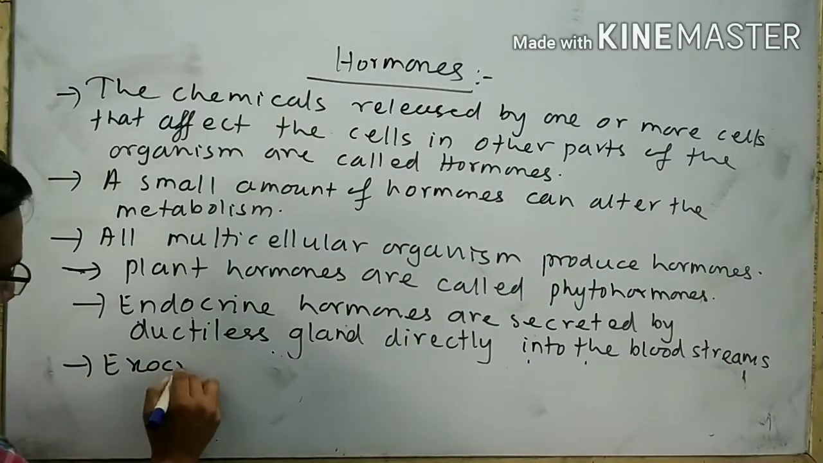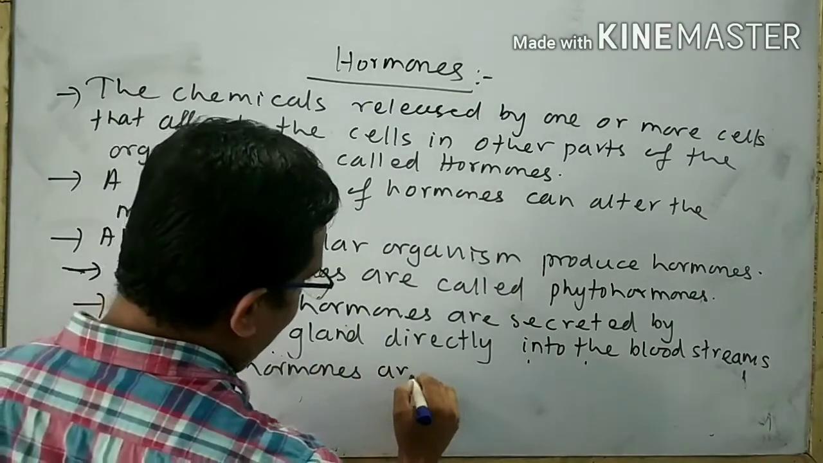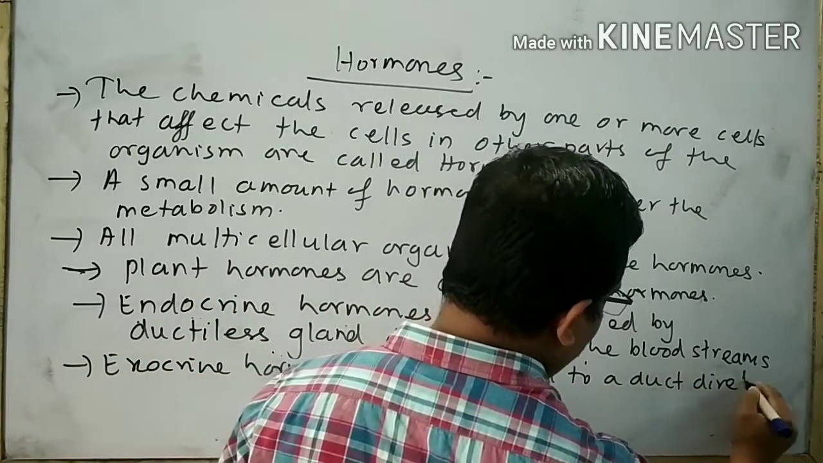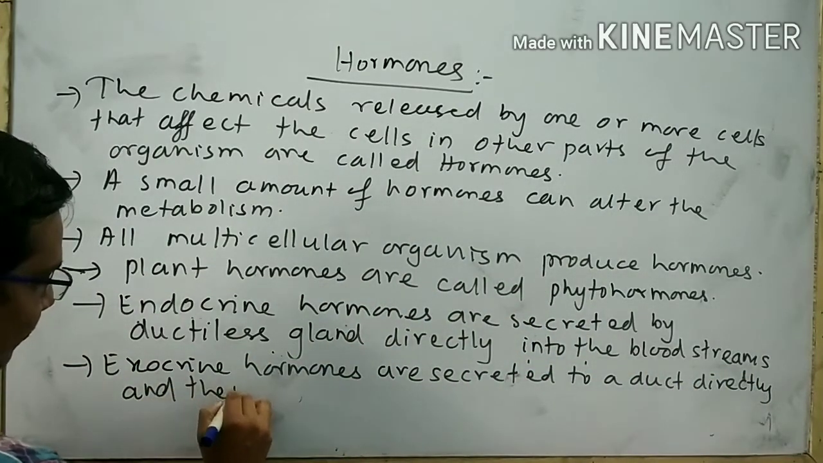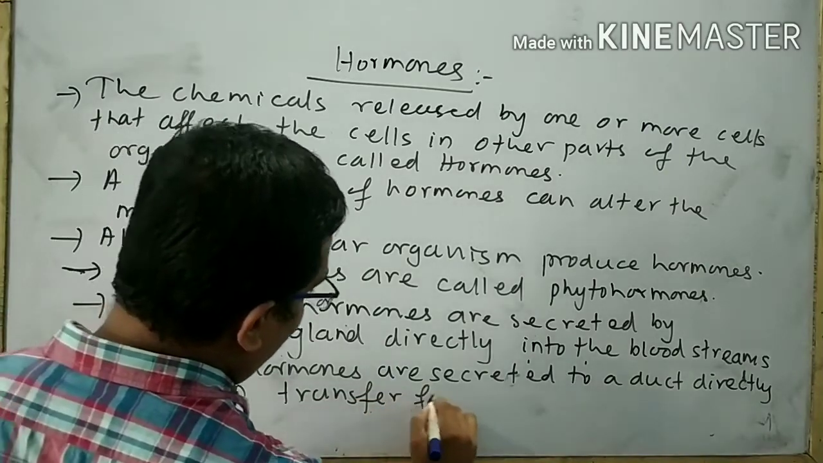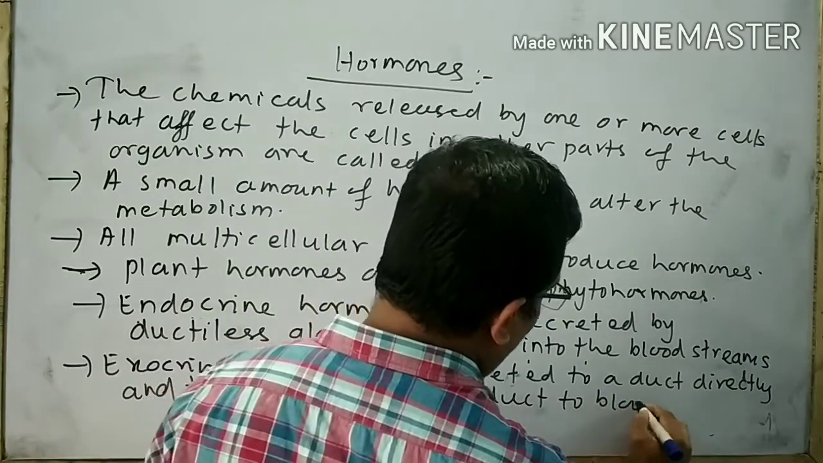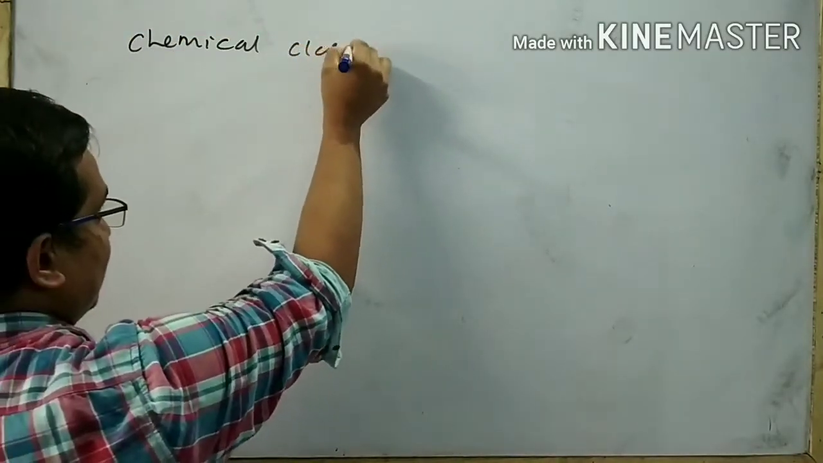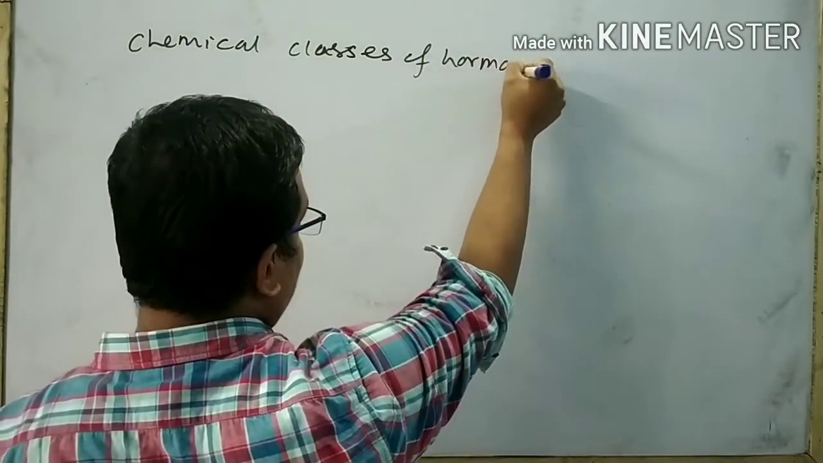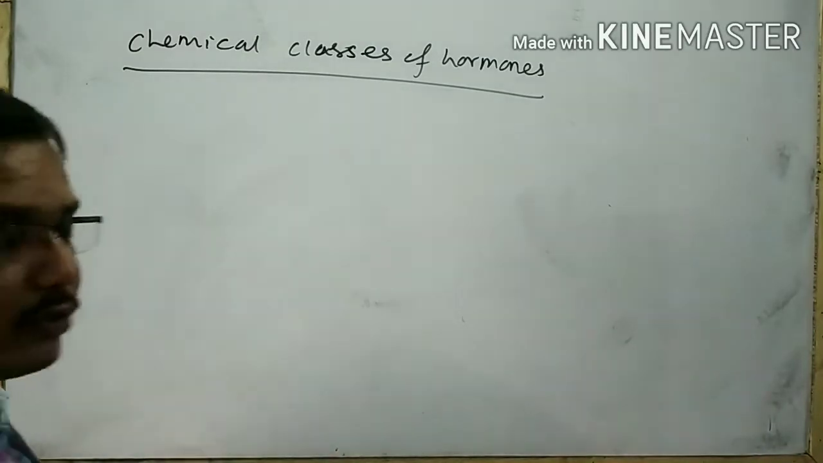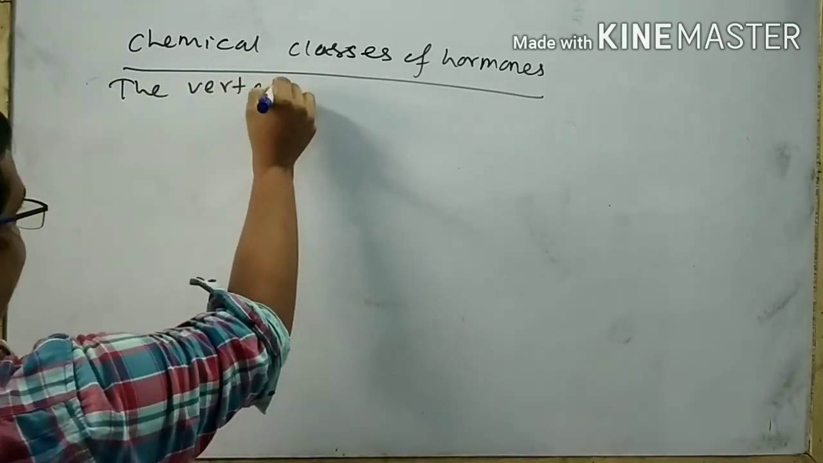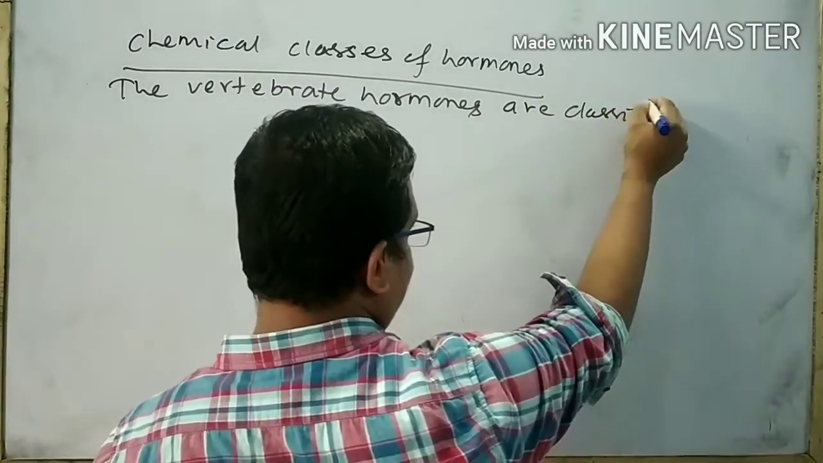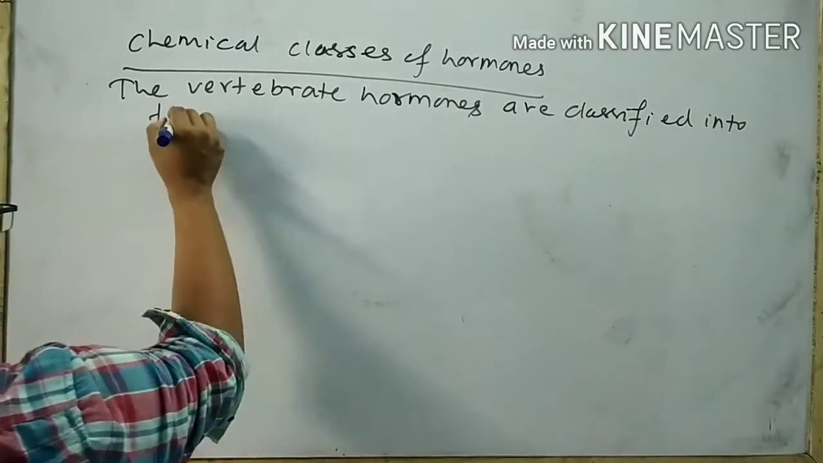On the other hand, exocrine hormones are secreted to a duct directly and then transferred from duct to blood streams. Next I will discuss about the chemical classes of hormones. Hormones are classified into three types. So you can write the hormones are classified into three types,